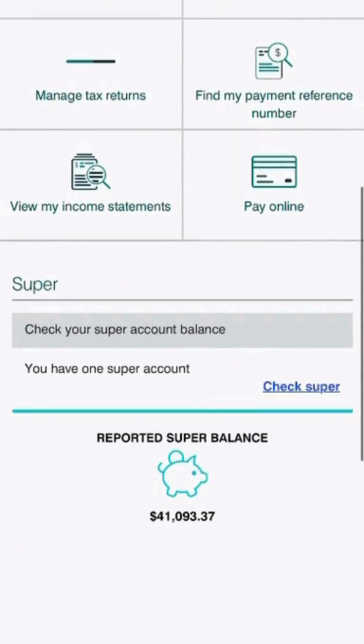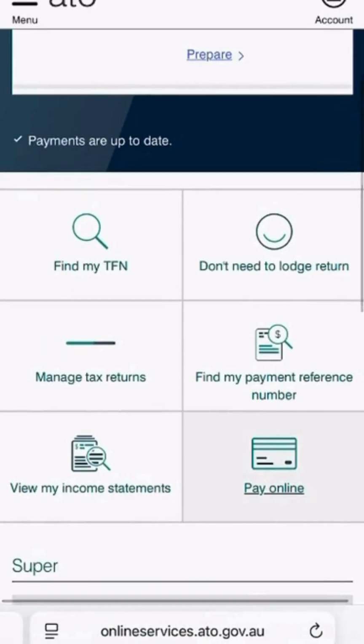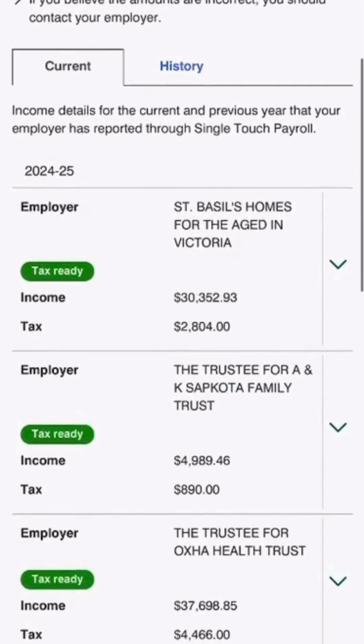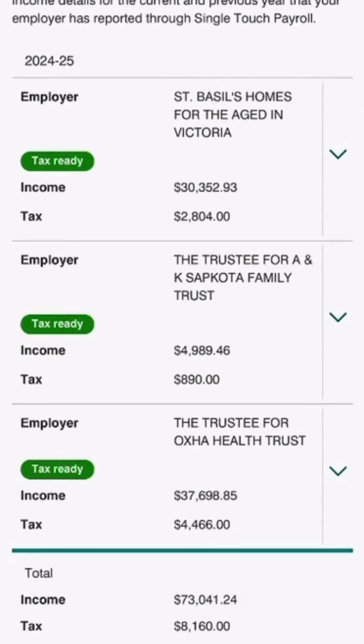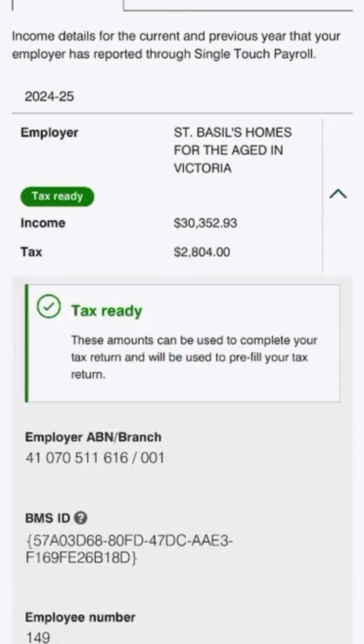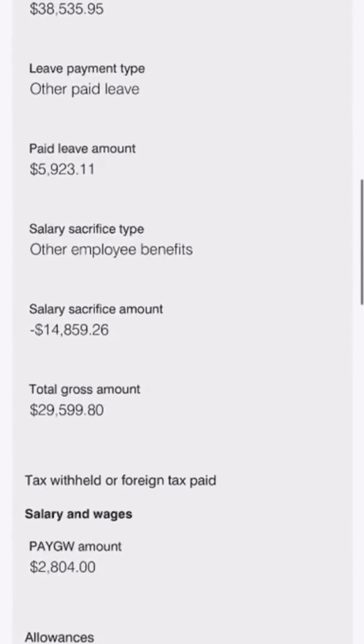Also we can check your super here. The super balance, which we'll need on the fact find form. So we click on income statement. So in this case there are three income statements available for 2024-25. So we'll show you one. So we'll click the first one, and we will be